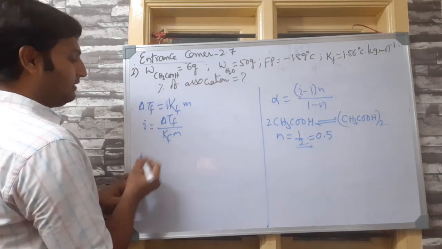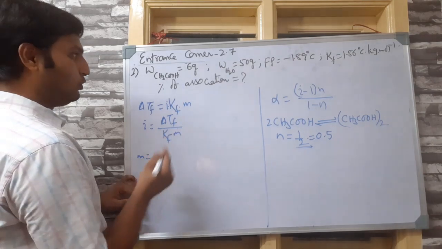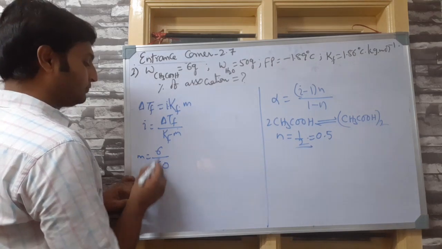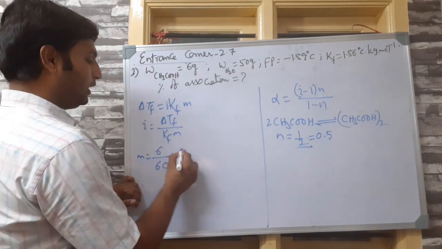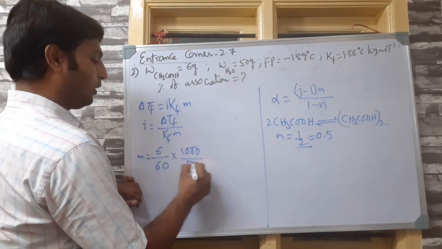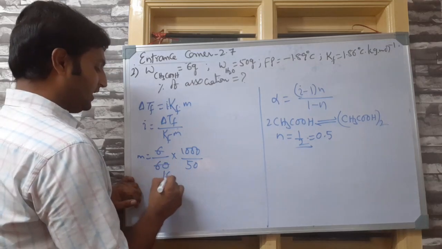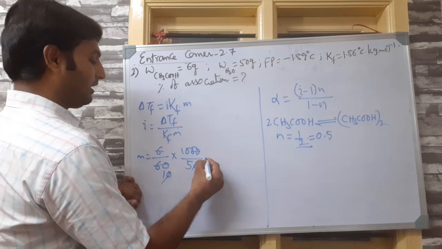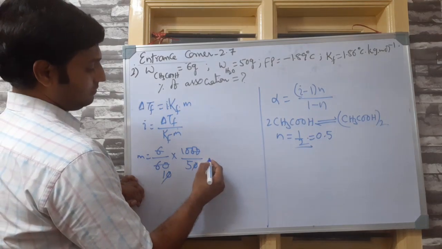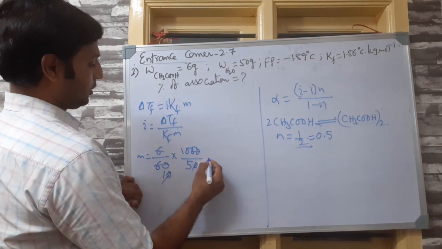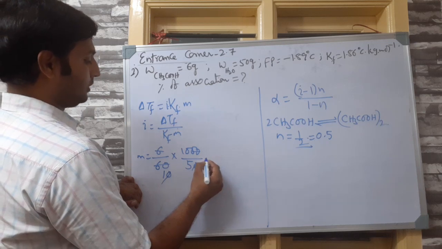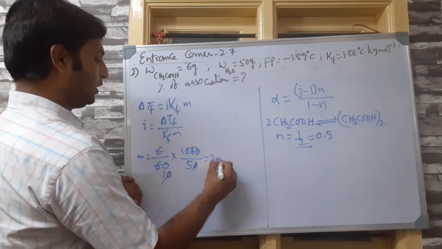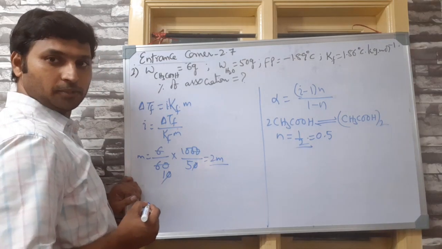Now I want molarity. First let me calculate molarity. I gave you the formula already. Directly I am substituting. Molar mass is 60. Given mass is 6 into 1000 by weight of solvent, which is 50. 60 will divide it 10 times. This 0 will cancel 2 zeros. 10 by 5 comes out to be 2. So it is a 2 molar solution.